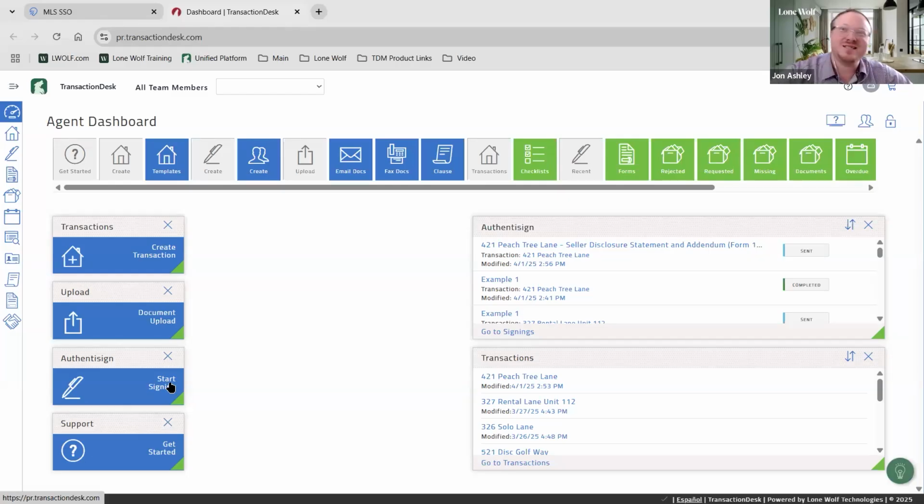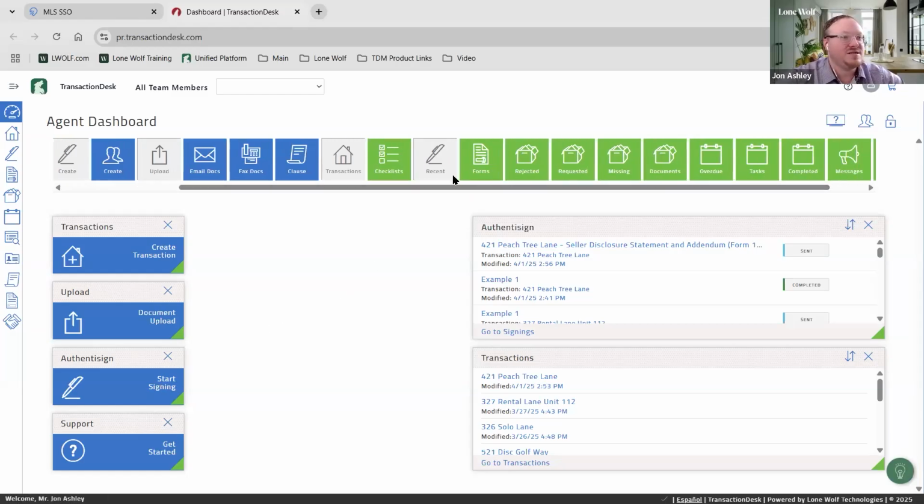I know there's those instances where you meet somebody, and it's like, I've got to get a contract real quick signed so that I can start showing them listings because they want to see this property right now. We just met. Well, you can always quickly start this, get that signed, and then attach it onto a transaction later. We also have additional options, the green items, which are going to be list view items, things like Authentisign